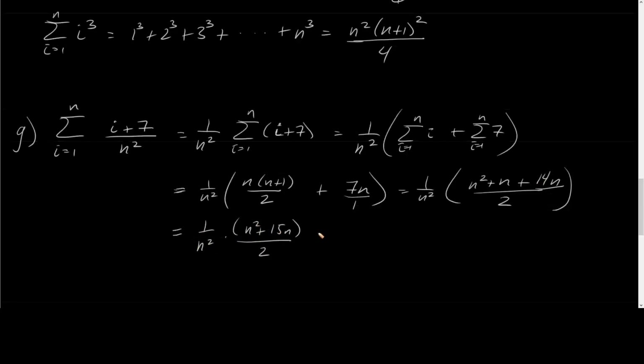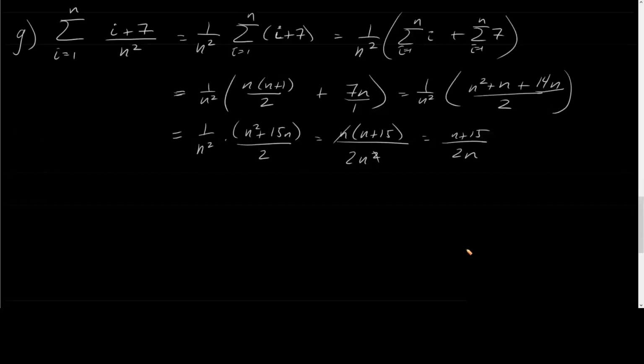And then I can factor an n from the numerator here, and I end up with n times (n plus 15) over n squared times 2, which is 2n squared. Reducing this n with one of those, I end up with (n plus 15) over 2n. All right, so now,